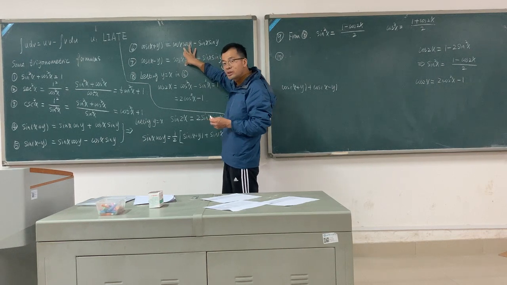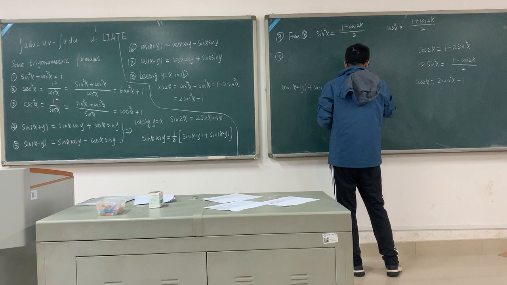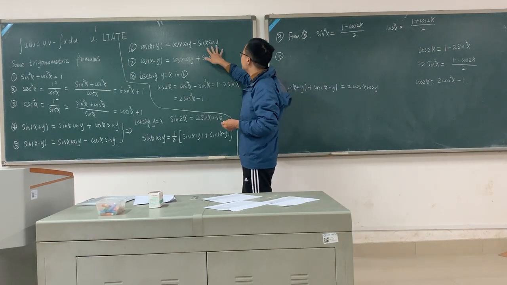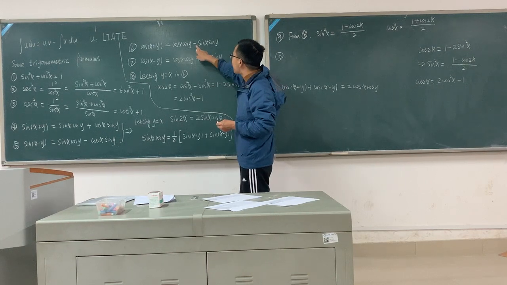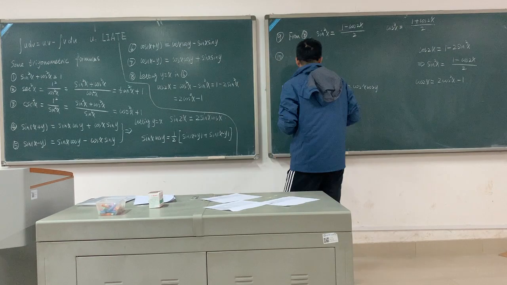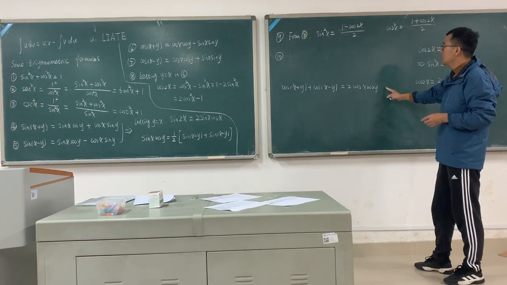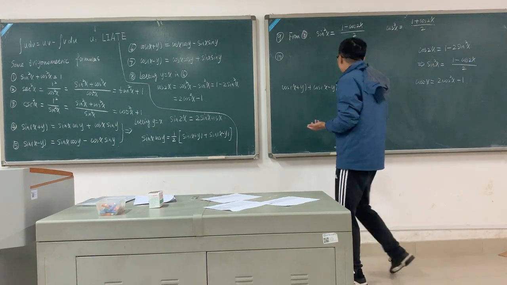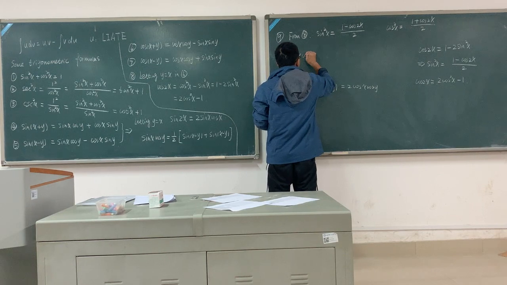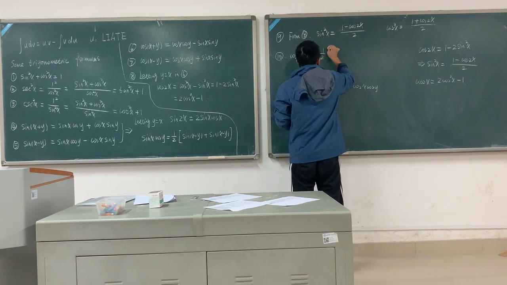So the summation of these two terms is 2 cosine x cosine y. And here is sin x sin y, sin x sin y. Here is minus, here is plus, so the summation of this part is 0. So here is 0, here is 0. From here we can obtain that cosine x cosine y equals 1/2